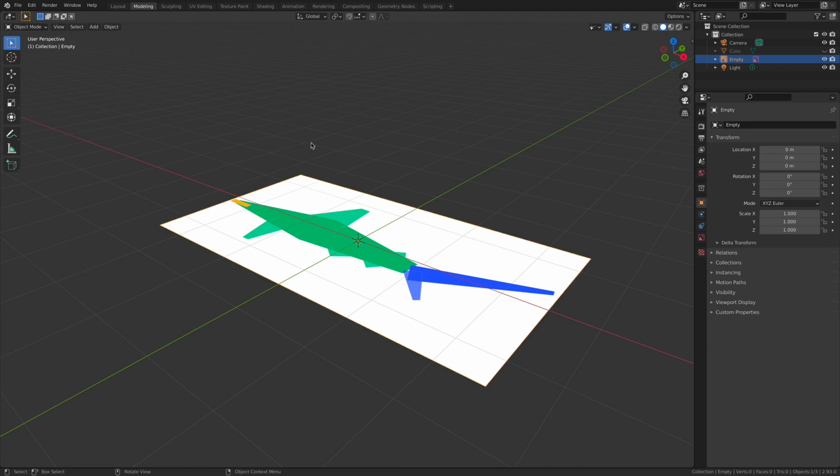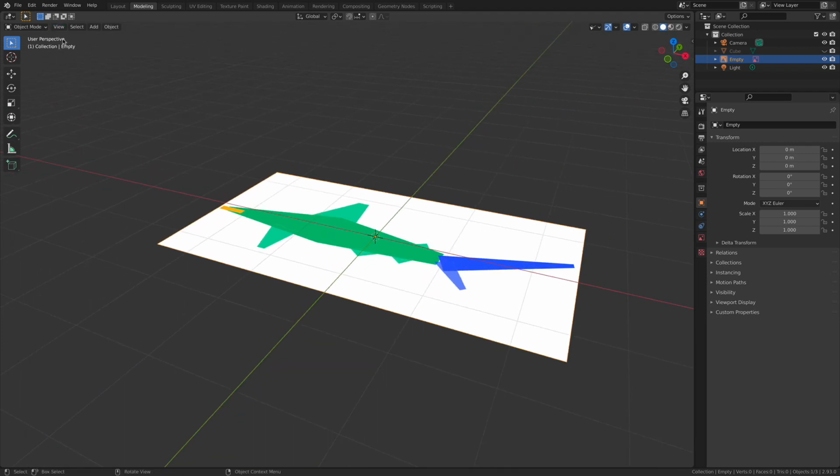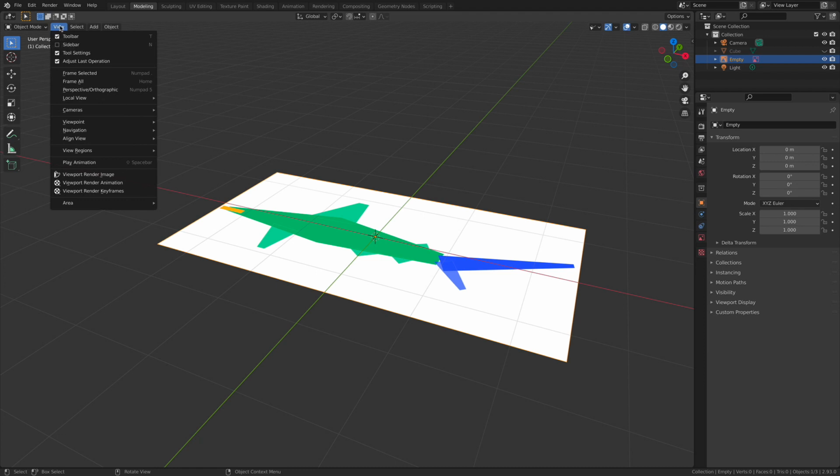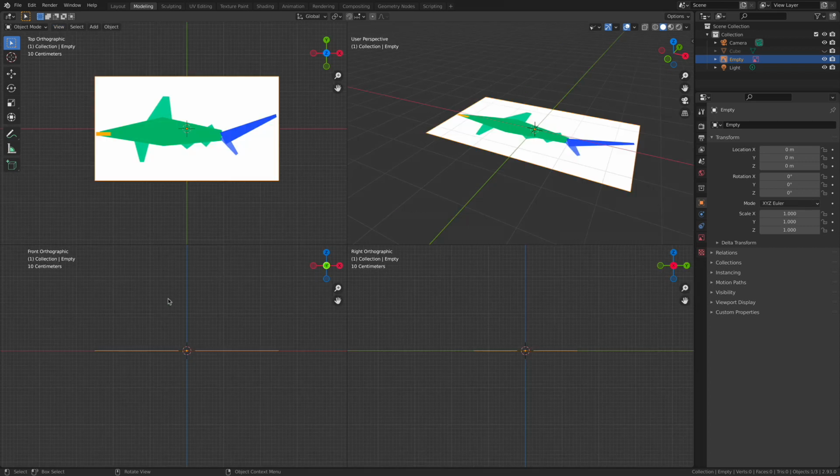So let's start exploring for a second the different views inside of our scene itself. If you go into this View pull-down menu at the top of your viewport, down here at the bottom, you have this Toggle Quad View, which I find to be an incredibly helpful environment because it's going to divide your viewport into 4 quadrants, and then it's going to label each one of these viewports to a specific view. So we're looking at our scene from the top, we're looking at our scene from the front, and this one over here is the right. We can see the label here.